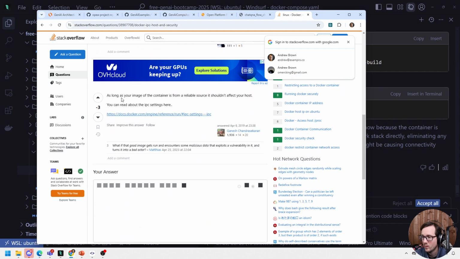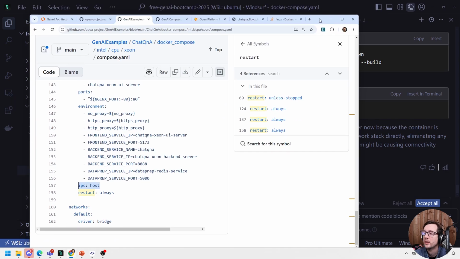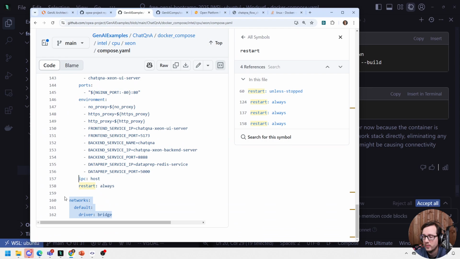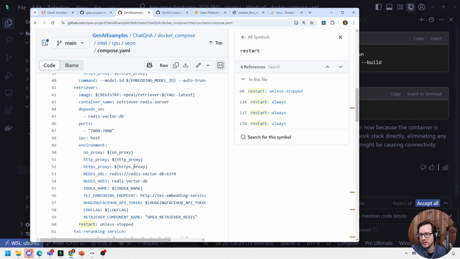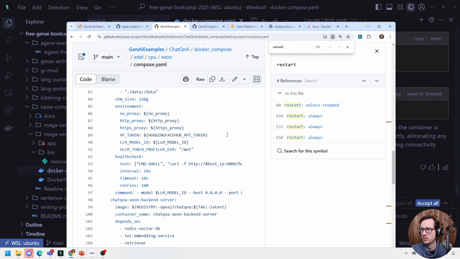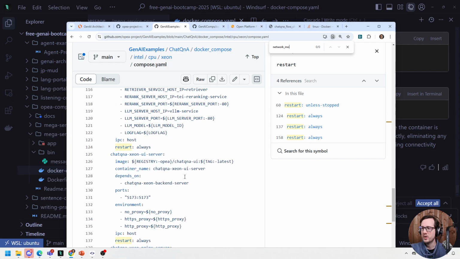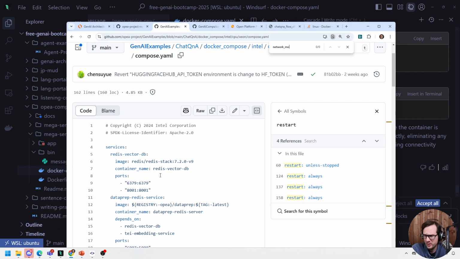But I don't know, because when we look at this one here, it's in bridge mode, but it's on the default bridge mode. So I'm not sure if that matters. But there's no override like this, network mode, and I'm not sure why we would do that. Yeah, we don't see that there. So the question is, how is it getting to this thing when we spin it up? Because when we do Docker Compose up, there's nothing special in here, right?